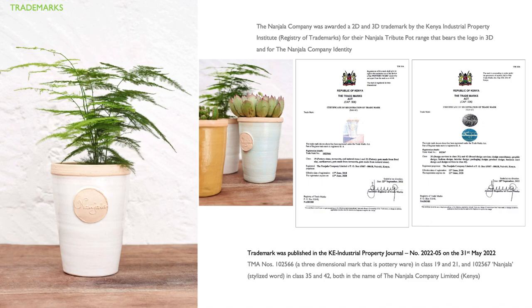Now, another thing I'd like to mention is not only did I trademark the mark, I actually trademarked a 3D version of it. So I registered both 2D and 3D, and the logo is protected. And that simply means that even when it appears in 3D, it's also protected.